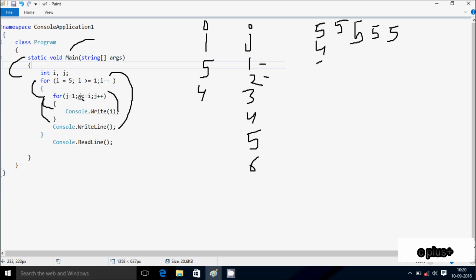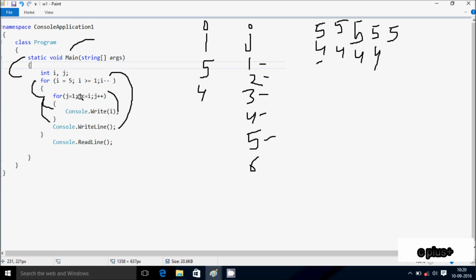Check the condition 2 less than or equal to 4. The condition is true, that coincides here. That prints the i value, so 4 prints. Hereafter j increases, so j is 3 now. Check the condition 3 less than or equal to 4. The condition is true, that coincides. That prints the i value, so 4 prints. Hereafter 4 equal to 4, that coincides. Here that prints the i value, so 4 prints. Hereafter j is now